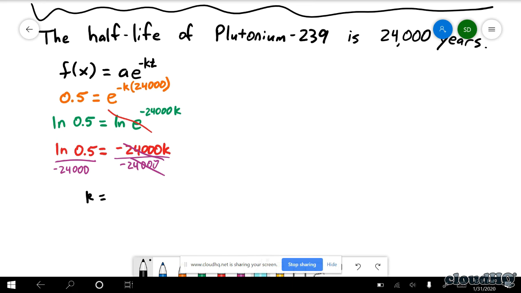So plug in the calculator. Natural log of 0.5 divided by negative 24,000. I get about